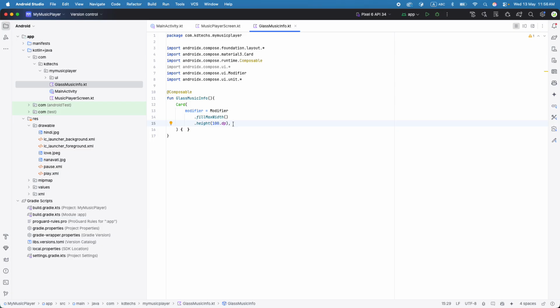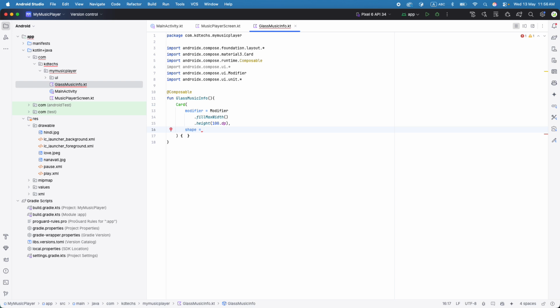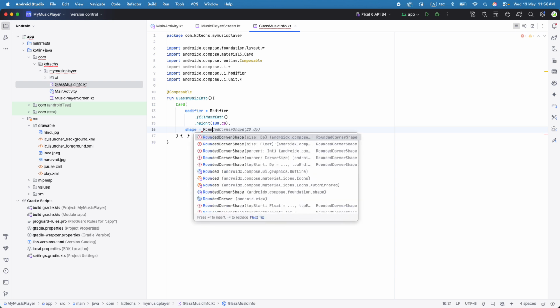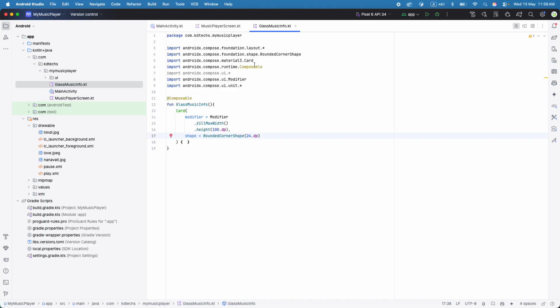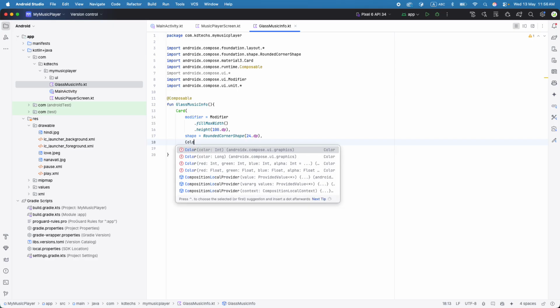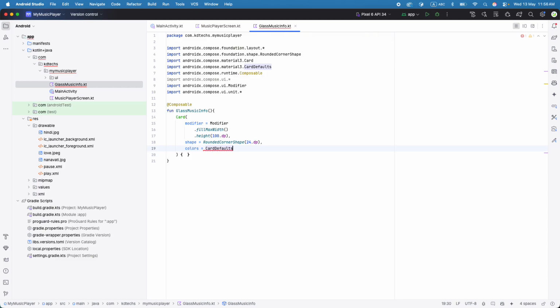All right, then the next property we need to define is the shape of the card. So this shape will not be a circle shape, this will be a rounded corner shape, like a 24 dp rounded corner. Just import. All right, this is the shape. Okay, it's okay, we are not using the shape quite often. Let's give some color to our card, and that will be colors, from the card defaults, and that will be card colors, and inside the card colors the container color, and the container color should have